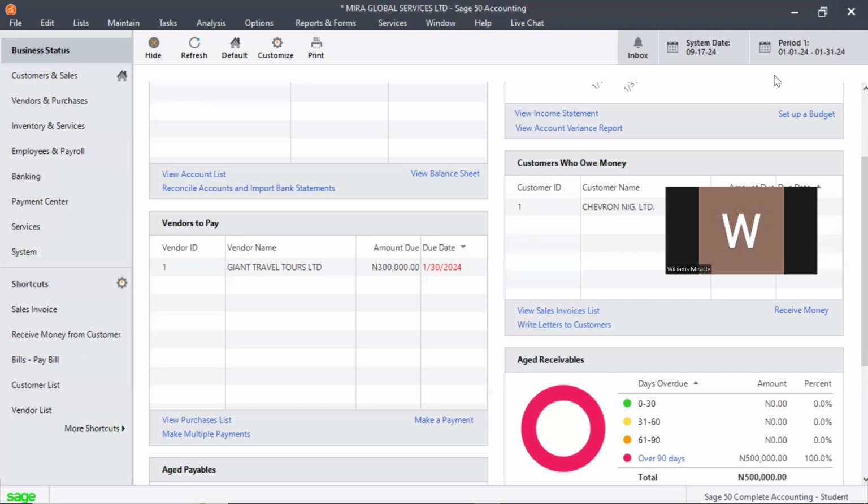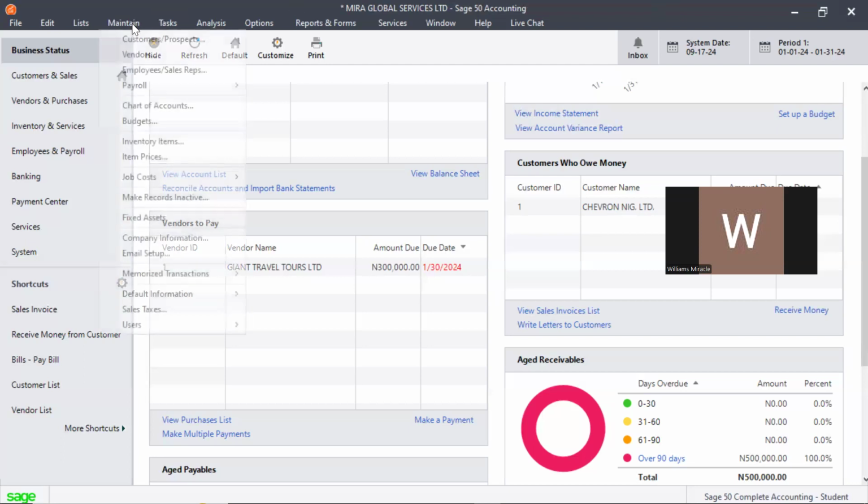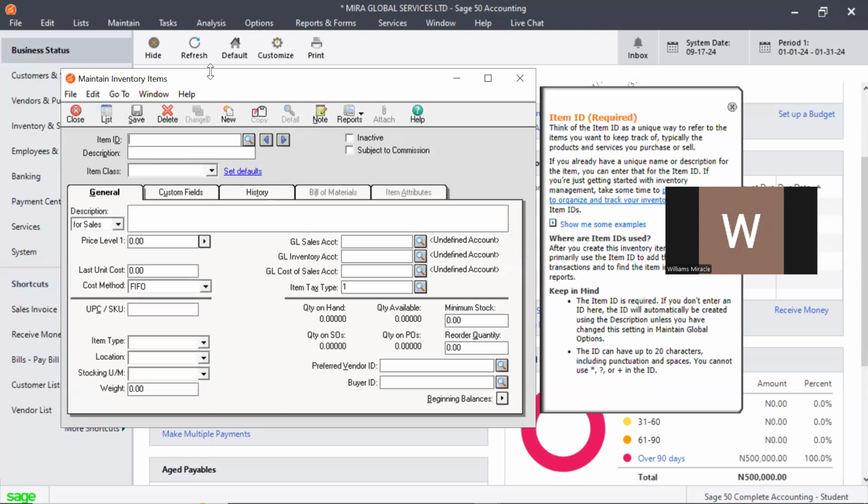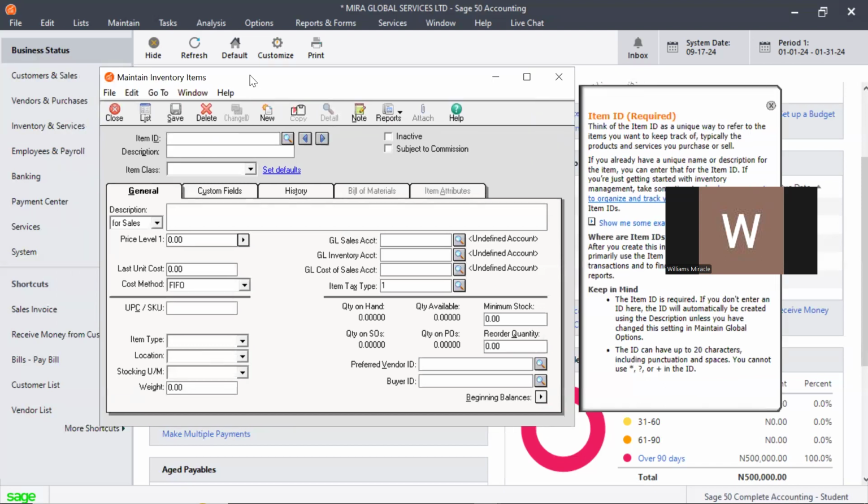So the question becomes, how do I set up inventory items here in Sage 50? To set up inventory items in Sage 50, all you have to do before we practicalize this is to go to the Maintain menu. When you get to the Maintain menu, scroll down, you will see where we have Inventory Items. So you select Inventory Items. The inventory item window will open. In this window, you are to click on New